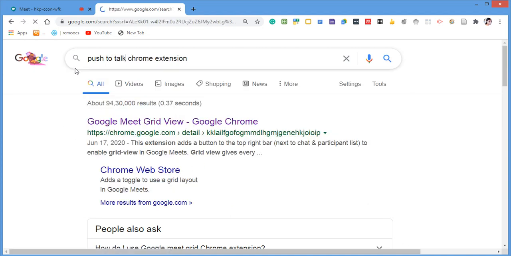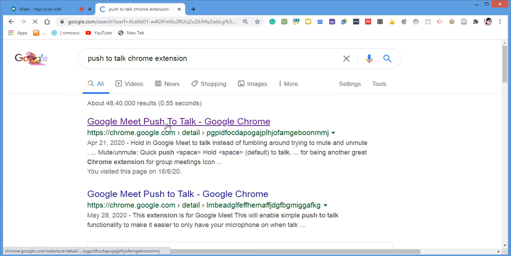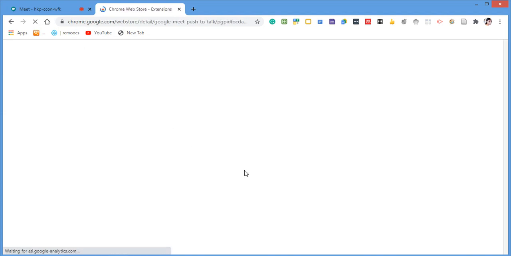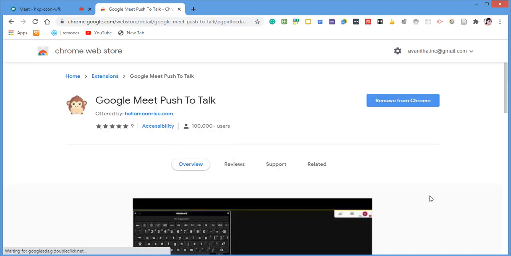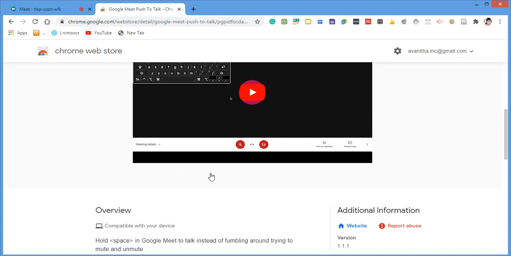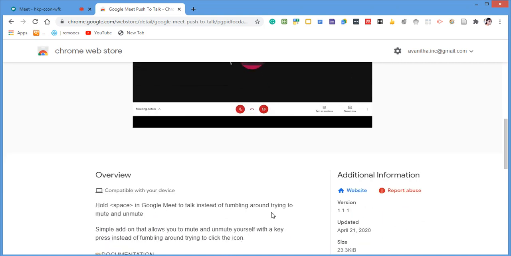If you add this particular button, it will help you as an extension in which, instead of trying to mute and unmute, you can hold the option and talk to the person after unmuting, in the form of this extension.